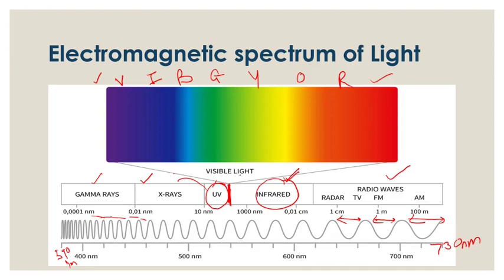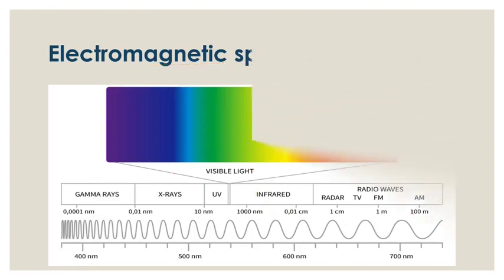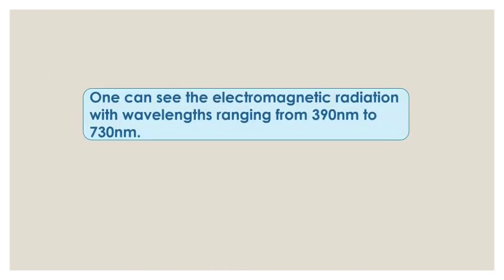We are interested in the visible light and the electromagnetic spectrum of visible light, which has VIBGYOR colors, because absorption of light energy by the green plants, by the photosynthetic pigments, takes place in this visible spectrum only. And when they absorb it, they convert the solar energy into chemical energy and carry out the process of photosynthesis. So I hope you have followed. Let us proceed and now study in detail.